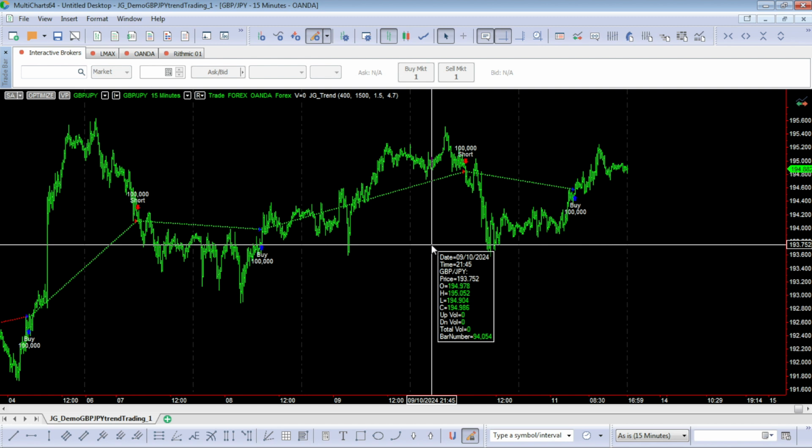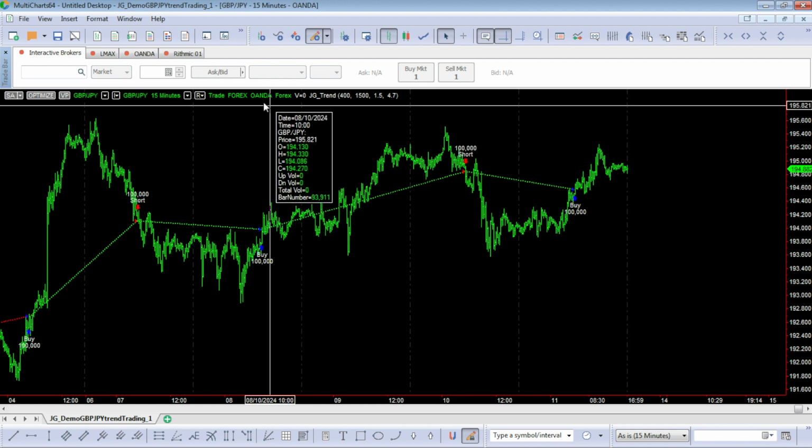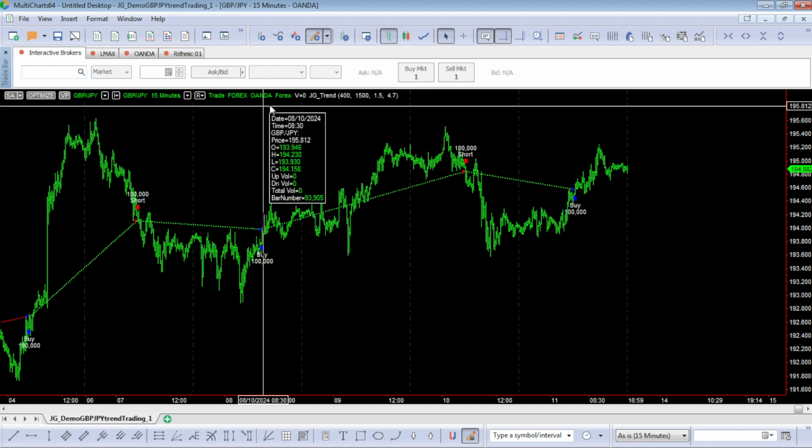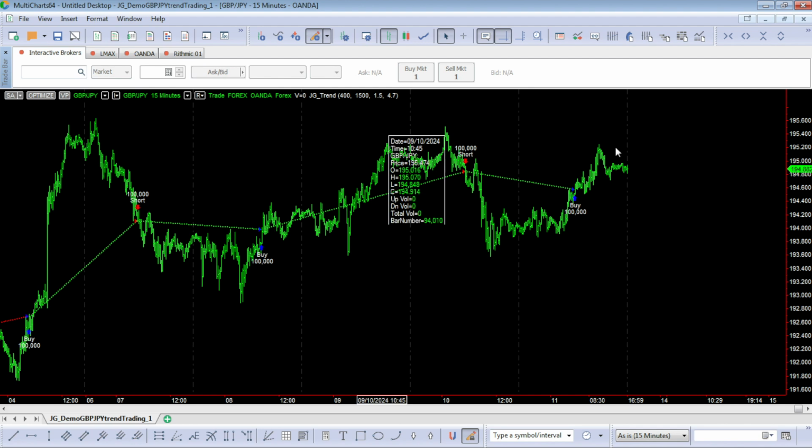I've included 4 pips of costs within this strategy as well. All the data which I've got plugged into MultiCharts for this test is from Oanda. We can see that up here. So let's have a look at the